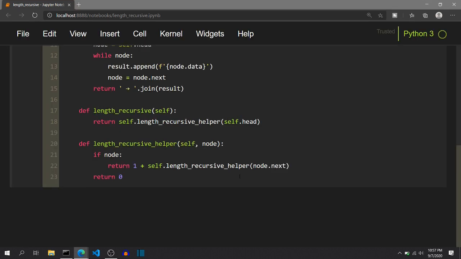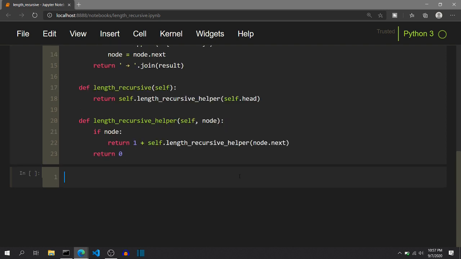Now as we are sure that our code works, we can execute this code and we can write actual code to test this. So I will create a linked list object by calling the constructor of the linked list, and we need to pass an array of elements.